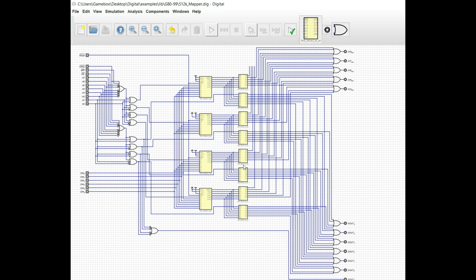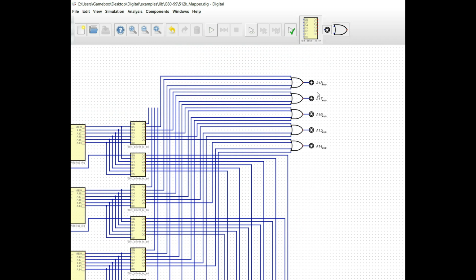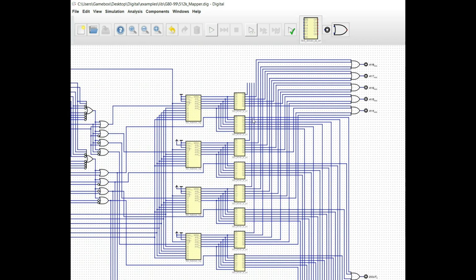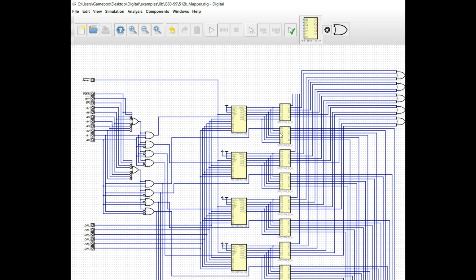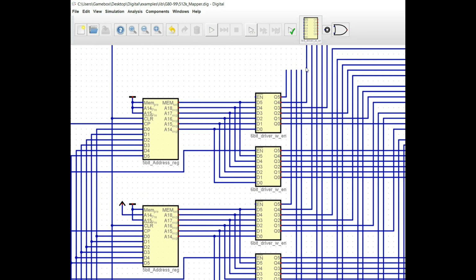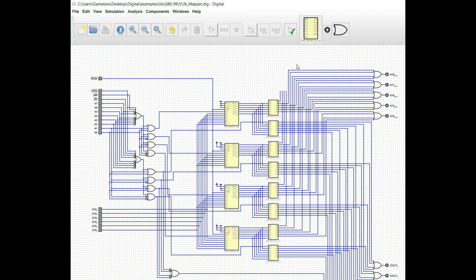register. Now, the first one is going to be used to create the address signals for the computer. And I've got these labeled as A14 expansion through A18 expansion. And that's just to show that there's a difference between them and the normal address pins that you would have over here. Now, the 5th bit I don't actually have connected at the moment, and the reason for that is because we are going to use that along with some additional logic to create essentially chip select signals for whether it be RAM or ROM. But our first driver chip here, its whole purpose is to